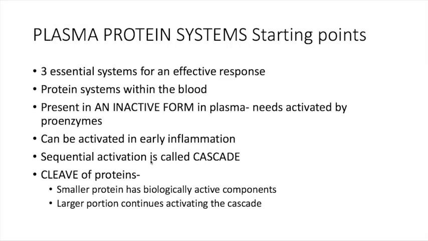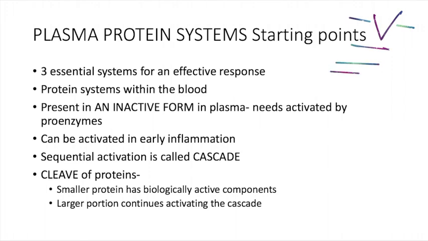Okay, next up are the plasma protein systems. We have 3 essential systems for an effective response. Remember what I said, we're going to have multiple layers, multiple things, but it's all kind of happening at the same time. So this is just another component of that. So we have this protein system within the blood. So now we're moving not at the site of the injury,